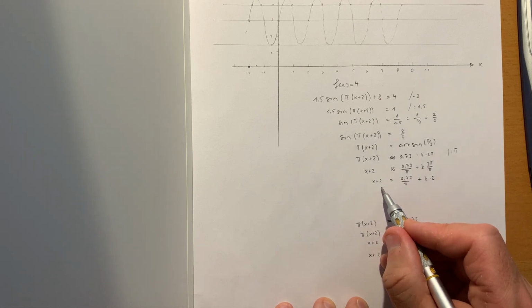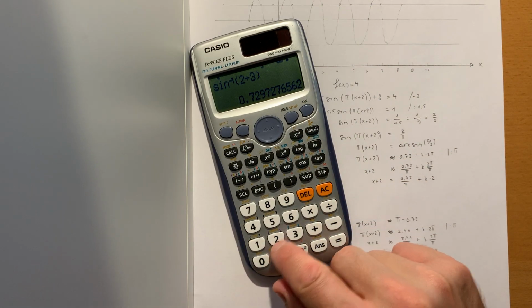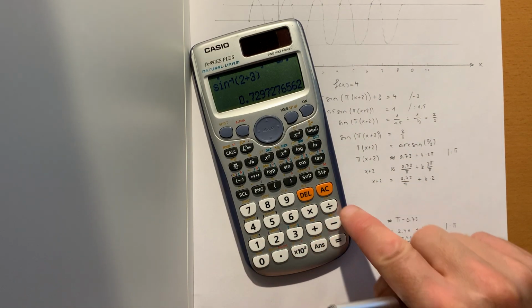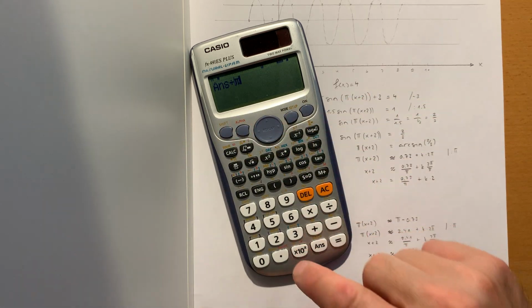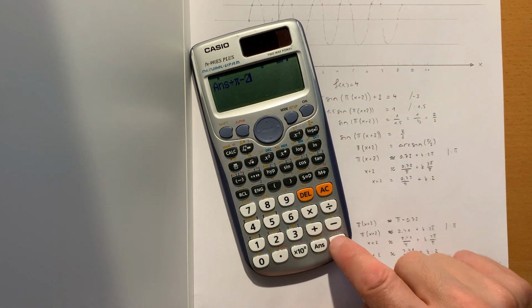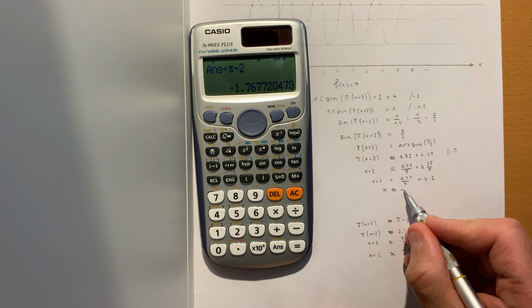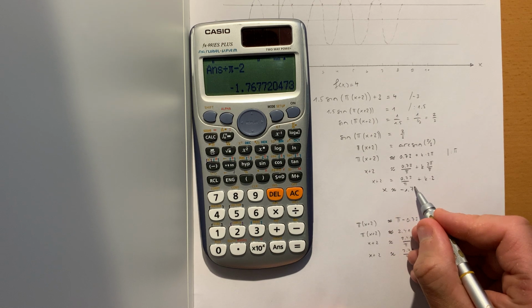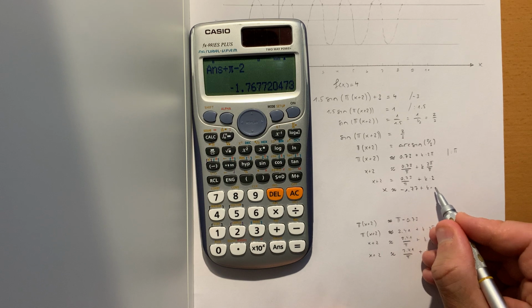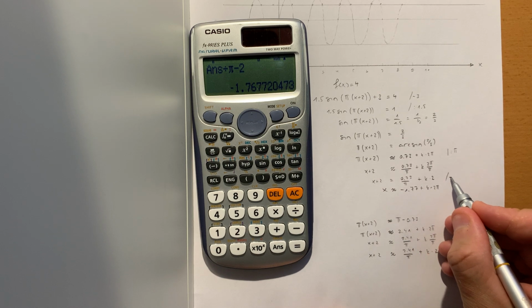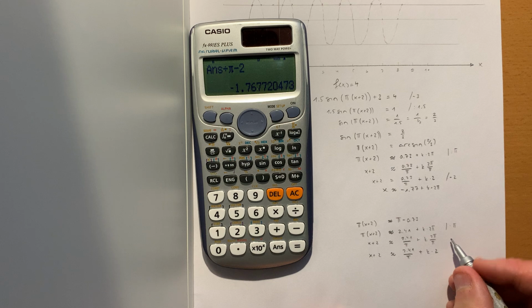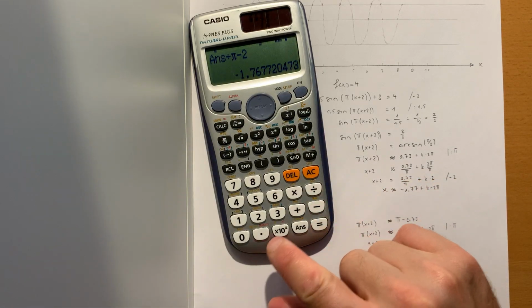Now you subtract 2 on both sides. So 0.73 divided by pi minus 2. So x is approximately minus 1.77 plus k times 2 pi. We've just subtracted 2 on both sides. And here the same thing, minus 2. So that's,